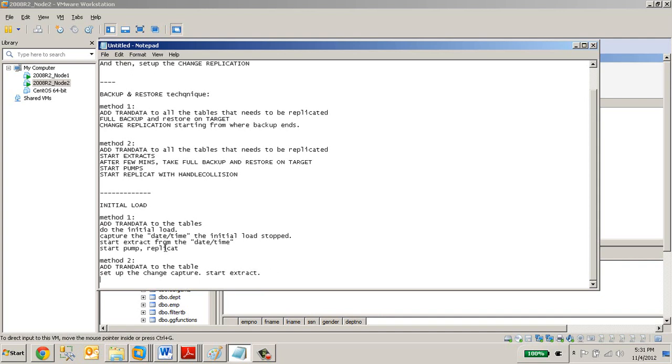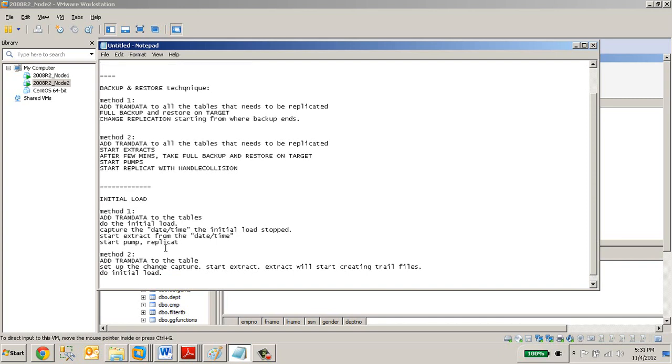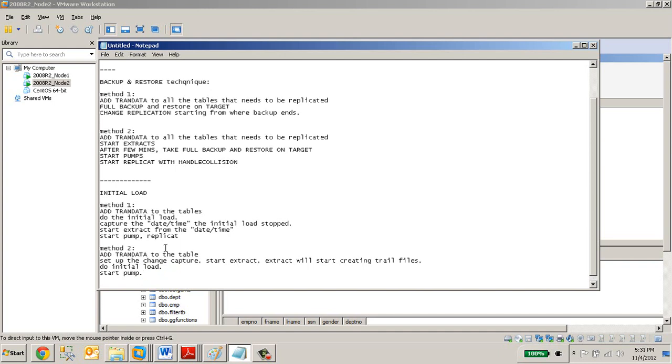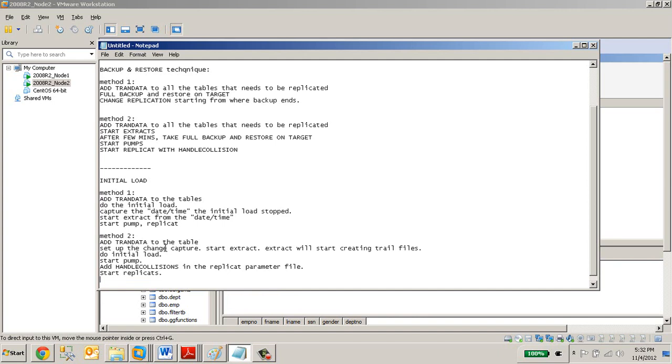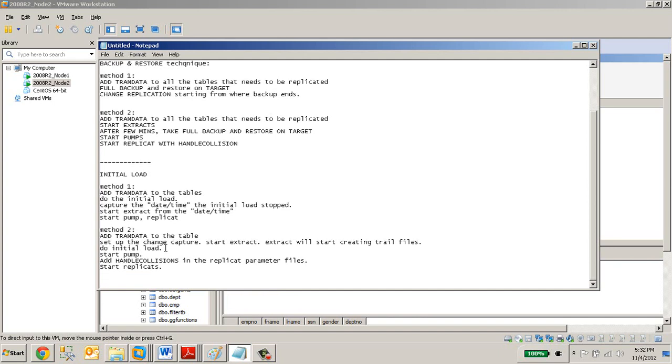So extract will start creating trail files. After that, do initial load. Now start pump. Handle collisions in the replicate parameter file. Start replicates. After caught up,